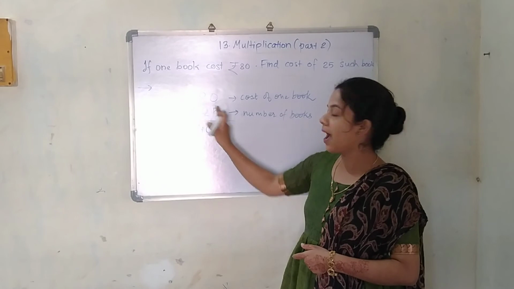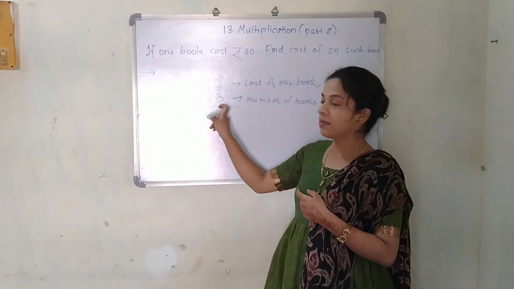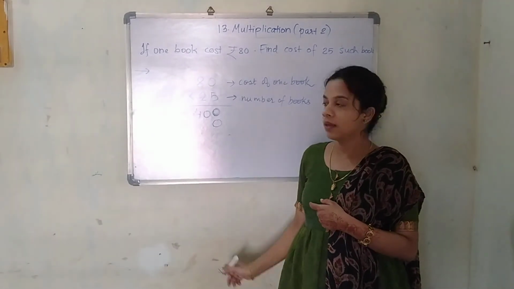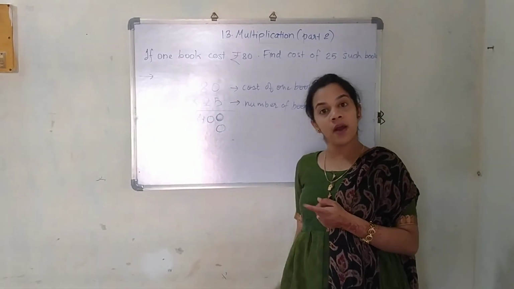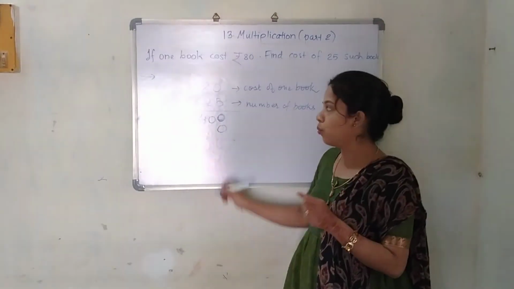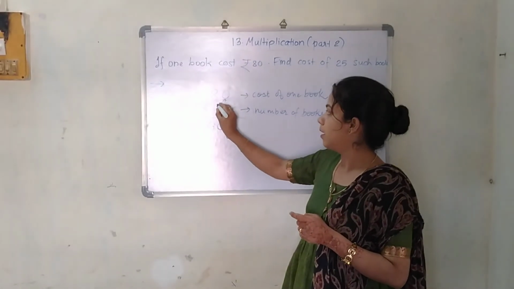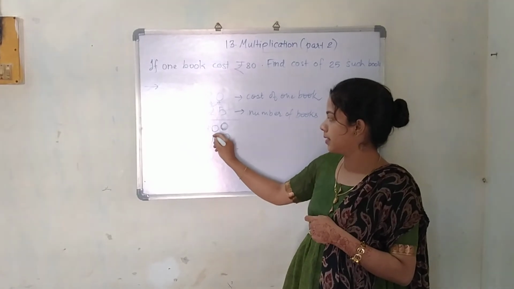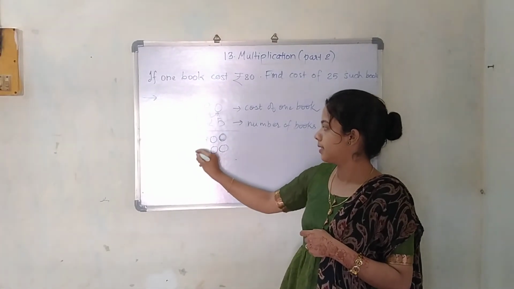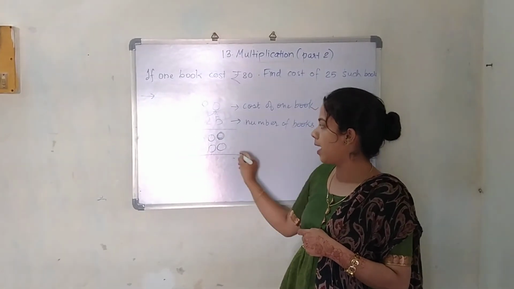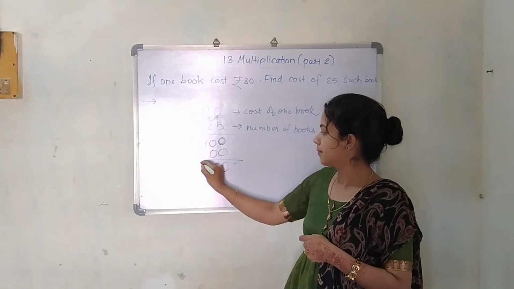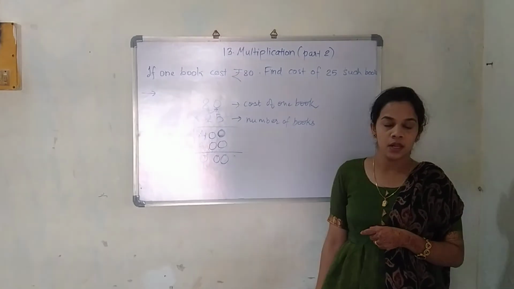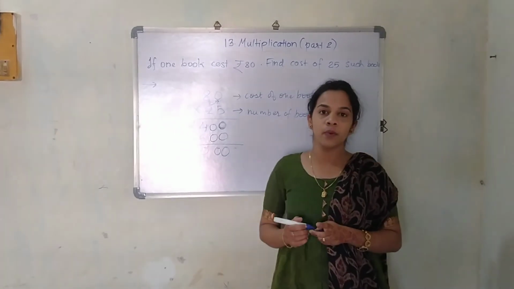Okay. Now, I have told you when there are two numbers below, then we are going to add 0 here. Now, multiplication by 5 is over, but multiplication by 2 is remaining. So, 2 into 0 and 2 into 8 is still remaining. So, 2 into 0 is what? 0 and 2 into 8 is 16. So, we are going to add them. The answer is 2000. I hope you have understood this question.